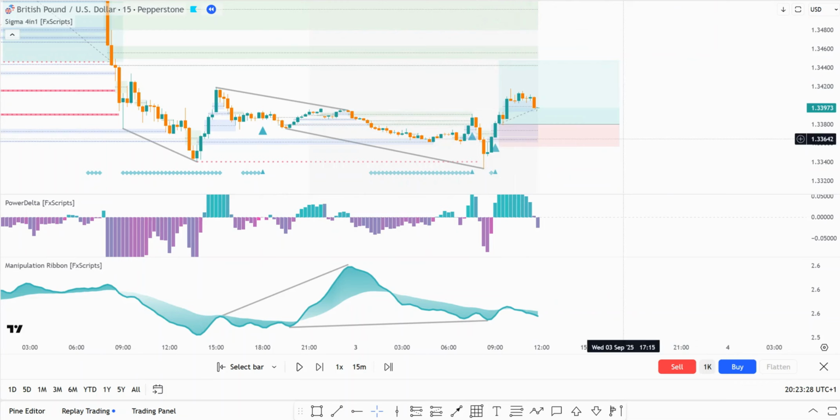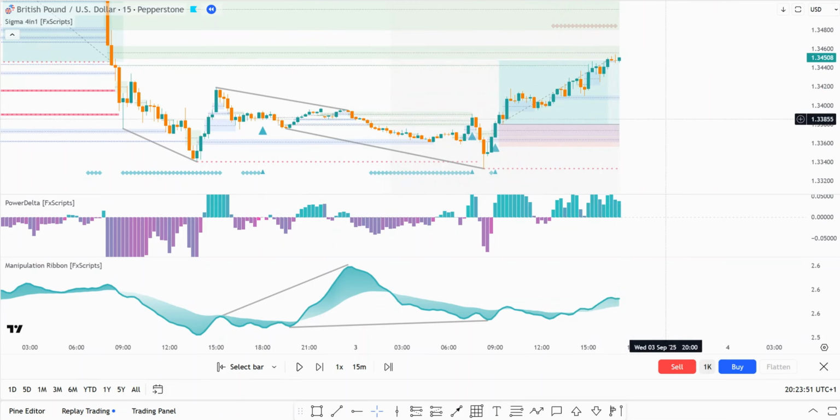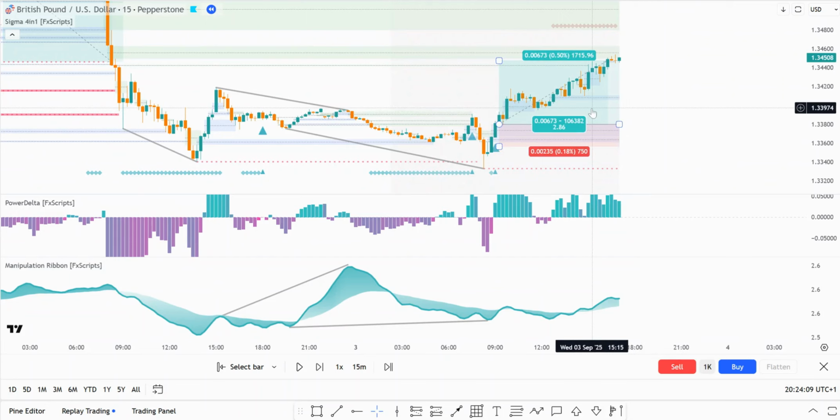So we would have been tapped in here. Another fair value gap has formed. Positive sign. It seems to be reacting off all the fair value gaps that are being formed. And there we have it. Target hit, 2.86 to 1. It's a good day's trading. Any day that involves a trade of anywhere between 2 and 3 to 1 is a good day. Even if you're to lose, you could afford to lose 2 other trades and you'd still be in profit for